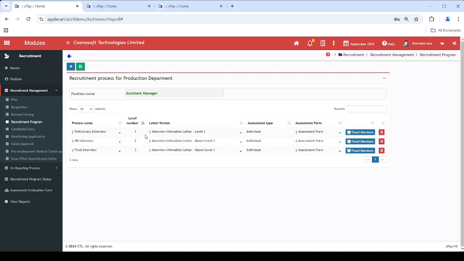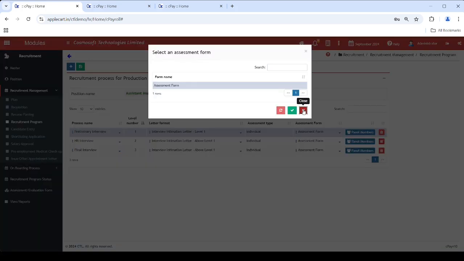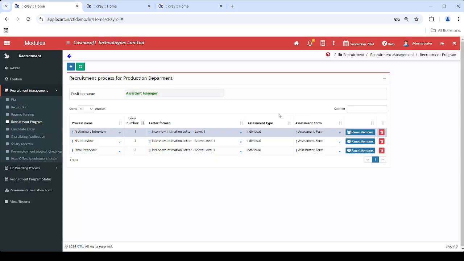After saving, attach intimation letter format. Choose the assessment type and assessment form, and then save the details.